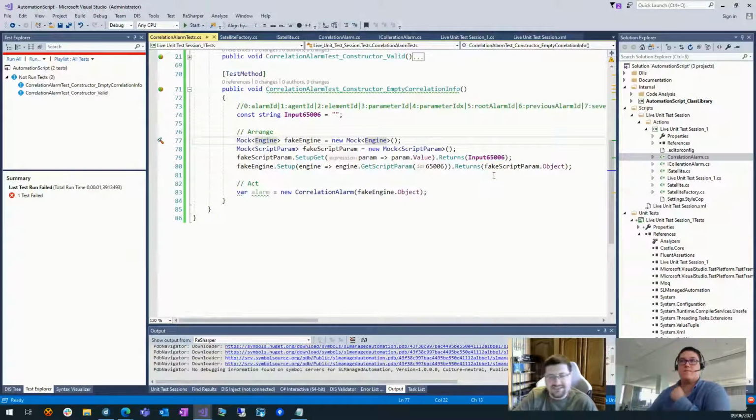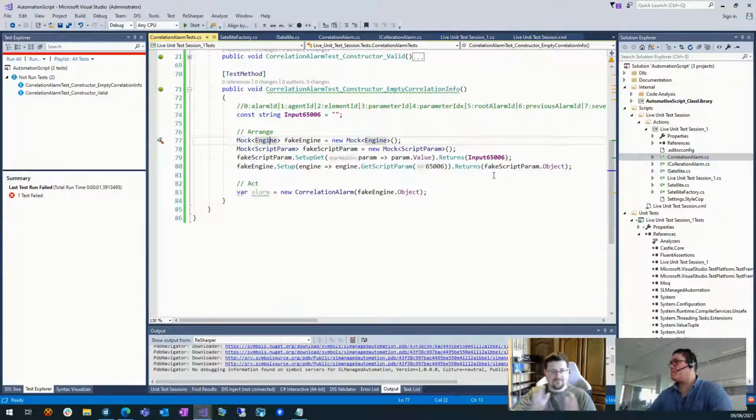So yeah, it's a little bit of a hack or a cheat again. I mean, a lot of people were going to say, it's bad design. Yeah, I agree. It's bad design. But look, we live in a world where there's legacy code. We have to deal with it. And sometimes the way to deal with it is just to make sure there's as little impact as possible for our production setup. And this is actually one of the ways we can do that. So changing the engine methods to be virtual and so on.